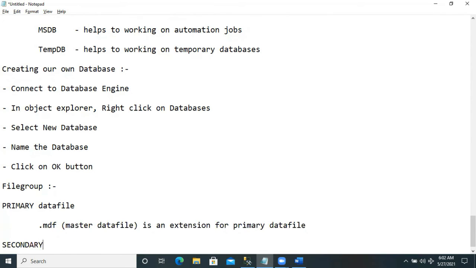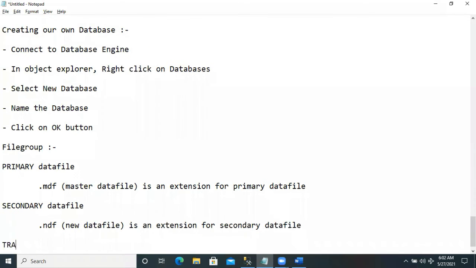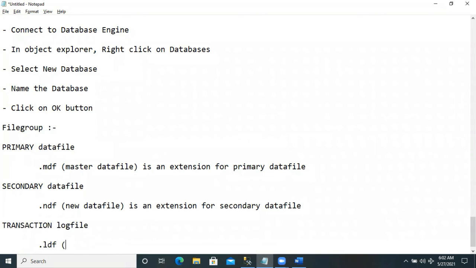If the primary data file gets full, then a secondary data file will be created, .ndf. New data file is the extension for the secondary data file. And the transaction log file records all the transactions we made to the database. .ldf, log data file, is the extension for the transaction log file.